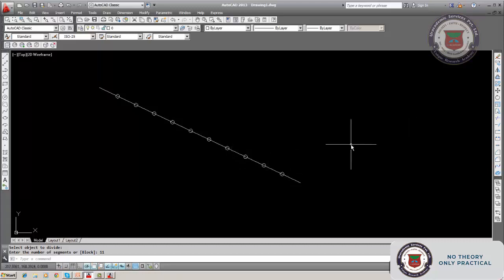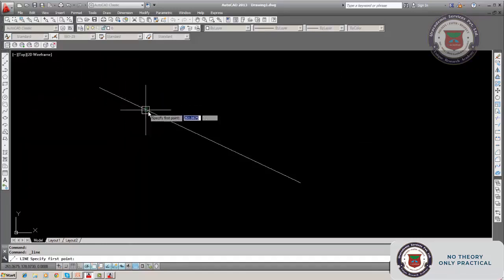Then if you want to hide the points, once you draw lines or whatever you need and your purpose is served, you can erase the points. Or you can hide the points by selecting PD mode 1, which is hidden. But the points are there, they are just hidden. You can notice that here. Suppose I want to draw a line. See, here you can't see anything. So you can't draw a line from the point where the line is divided.